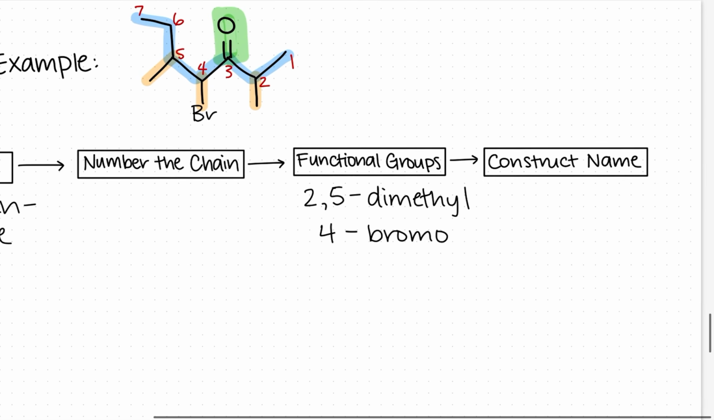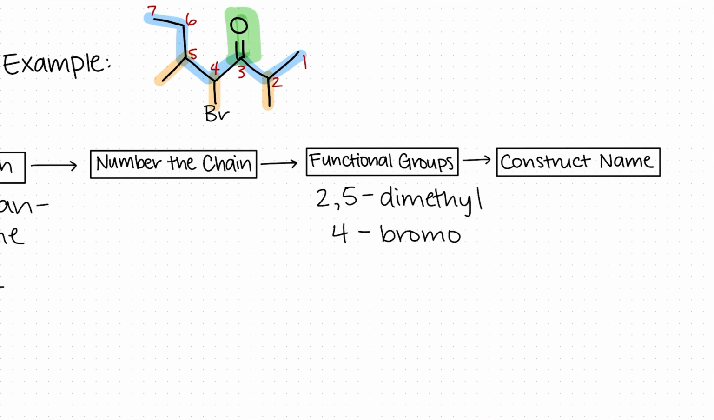Now it's time to construct our name. And when we construct the name, we're going to be putting everything into alphabetical order. So we're looking at the M in methyl and the B in bromo. And so because B comes before M in the alphabet, it will be 4 bromo, 2, 5 dimethyl,